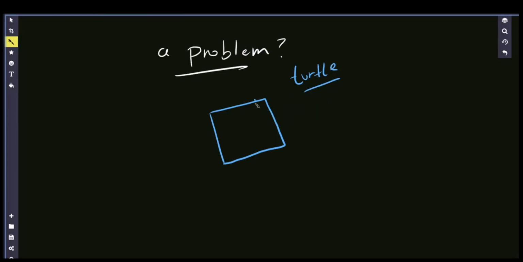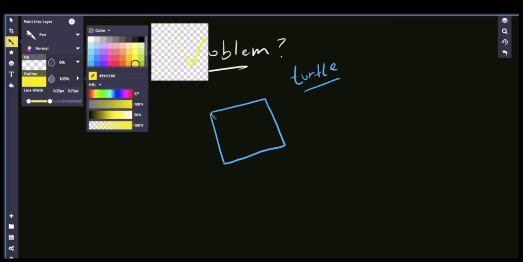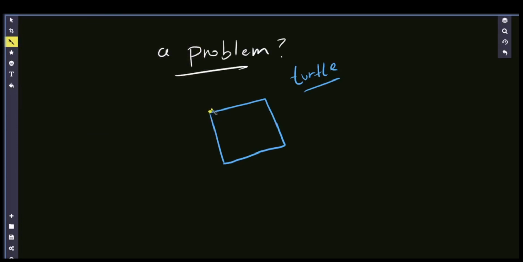So there's many different ways we might draw a square. The first thing you might do is get your turtle, make your turtle go into this point, then have a command that pushes the turtle forward by 100 steps, then have a command to turn to the right, have it go another 100 steps, have it turn to the right again, have it go 100 steps, have it turn to the right, and have it go 100 steps. So that is a solution to your problem. That is solution number 1, which I'm going to call the